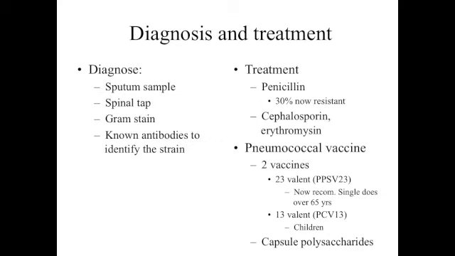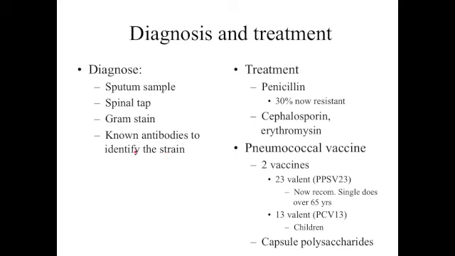We would diagnose a patient who had pneumonia by taking a sputum sample, some of that stuff they're coughing up, and we would run a gram stain and a few other diagnostic tests. In the case of meningitis, the best way to diagnose is by doing a spinal tap and looking for the presence of bacteria in cerebrospinal fluid. Again, for both of these, a sputum sample or a spinal tap, we can do a gram stain, and we can use known antibodies, antibodies that we've gotten from some other source, to identify the individual strain,